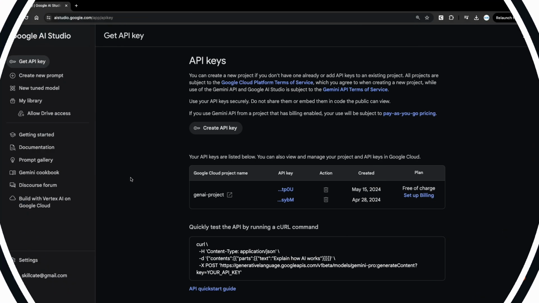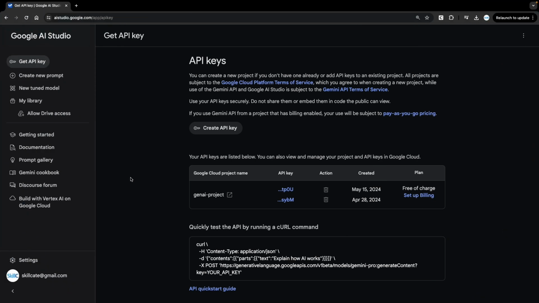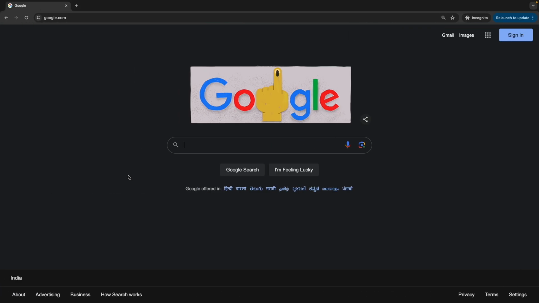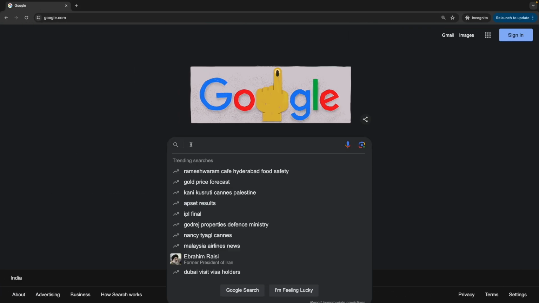The first step to building this chatbot is to get a free Google Gemini API key. This free API key is all you need to build your academic AI projects or to test out AI product ideas for free. So to get your Gemini API key, here are the steps you need to follow.